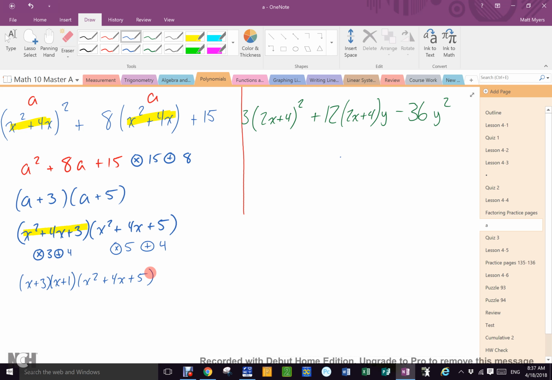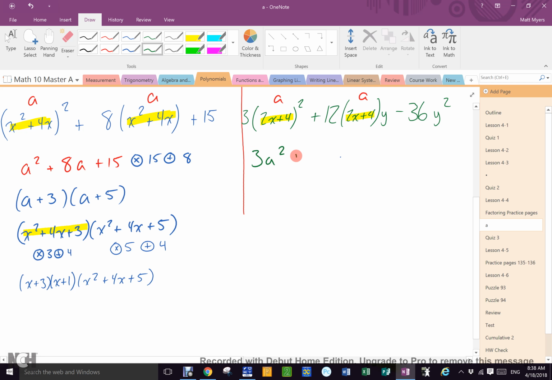Please notice again, there is nothing new. It's all stuff you already know how to do. You just have to put it together. What do you see in this one? You see 2x plus 4 in 2 spots, yes? So what should I make it? Another letter. I always use a, unless there's an a already in the question. So now I have